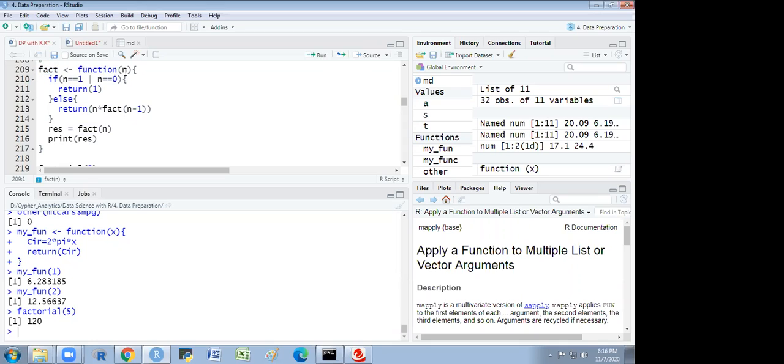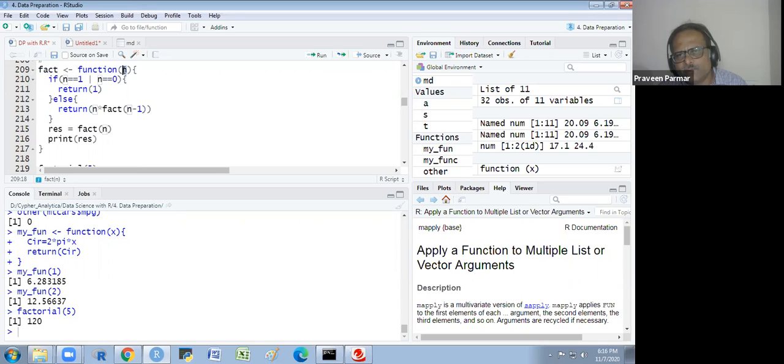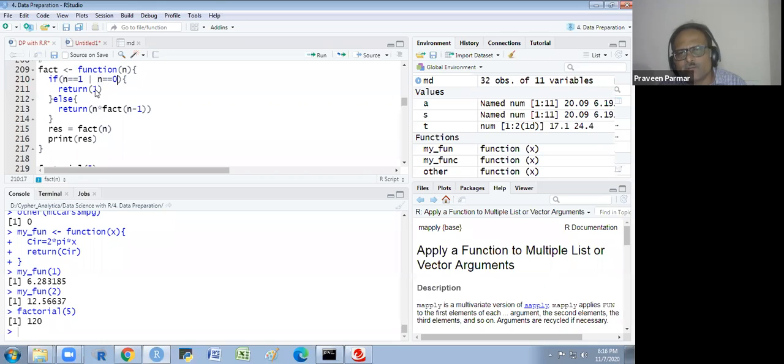The function takes n, the number for which you want the factorial. If n equals 1 or n equals 0, it is 1, because we know that factorial 1 is equal to 1 and factorial 0 is also equal to 1. Else, if n is not 1 or 0, then return n into factorial n minus 1.